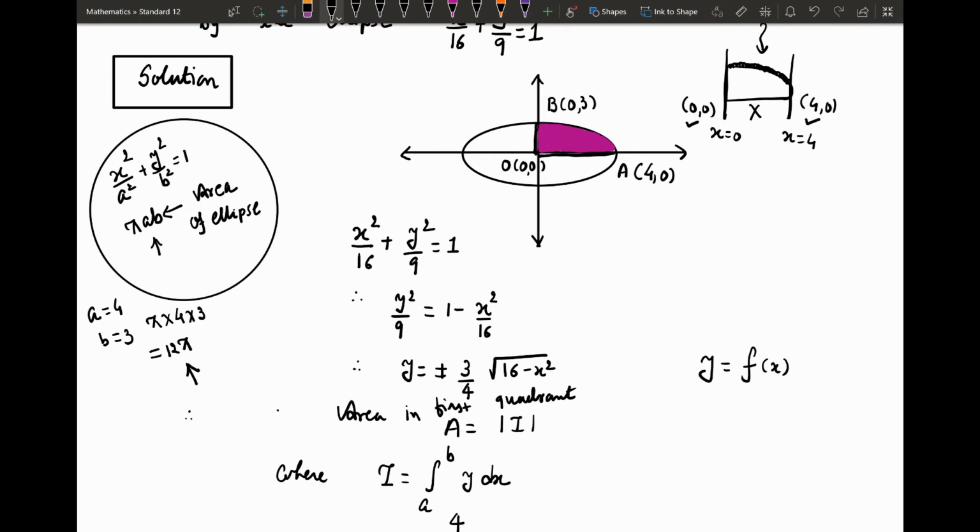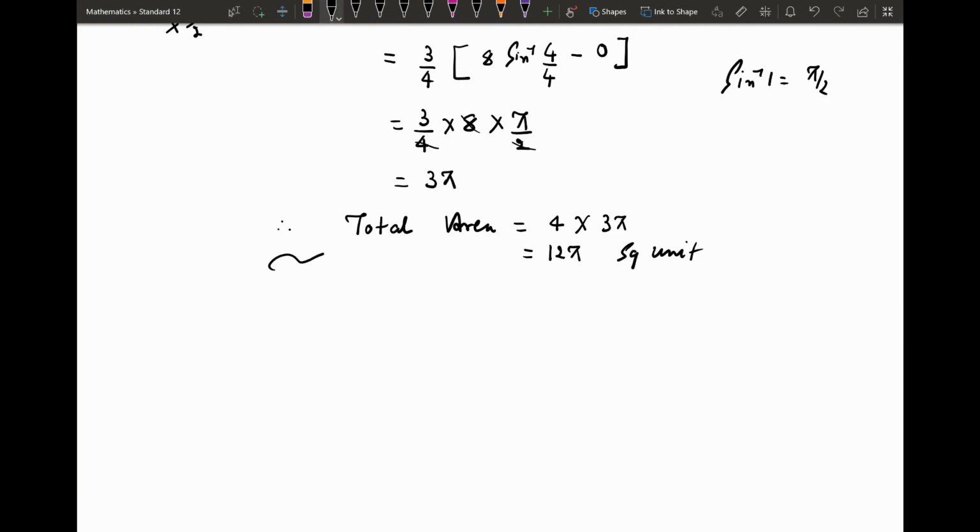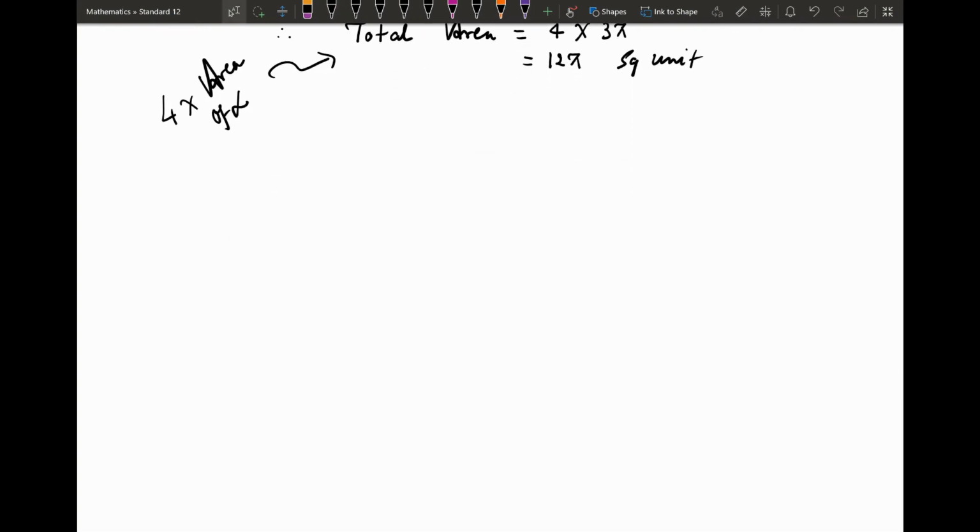Here, if we denote this portion by alpha, first obtain the area of alpha, the area in the first quadrant, and to get the total area, it is nothing but 4 into area of alpha. So it is 12 pi square unit. So now similarly you can get the area of an ellipse. Another example is